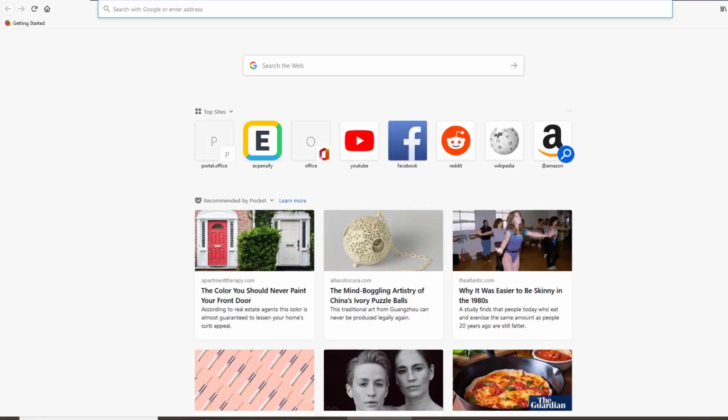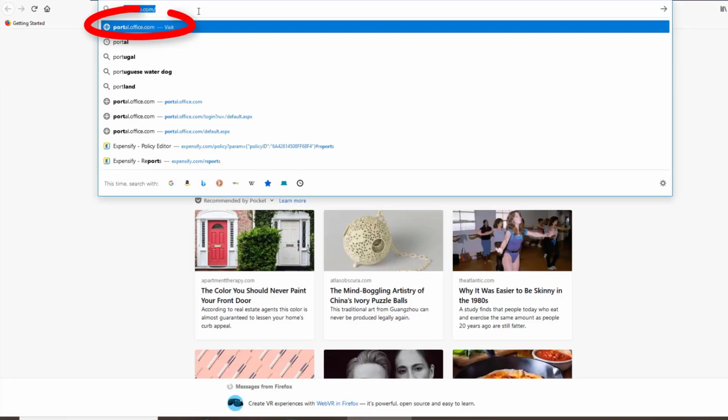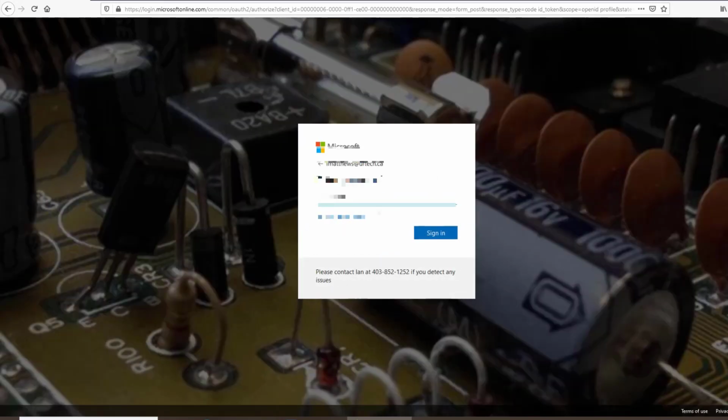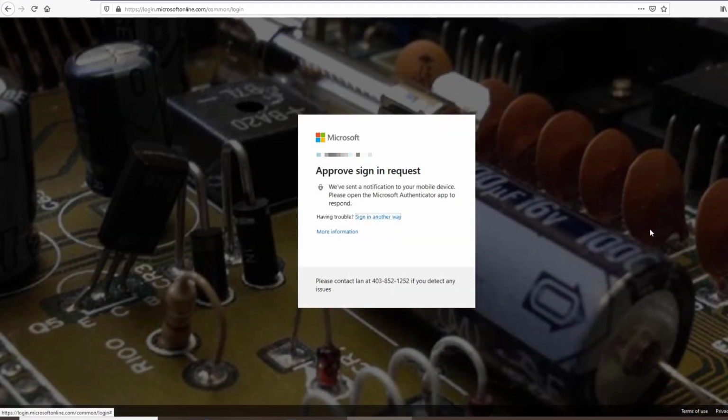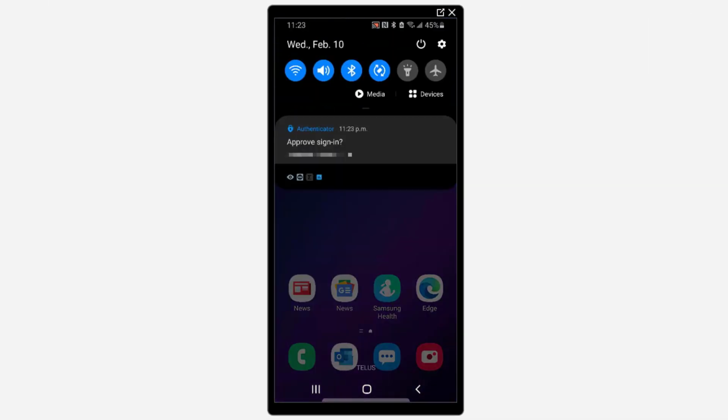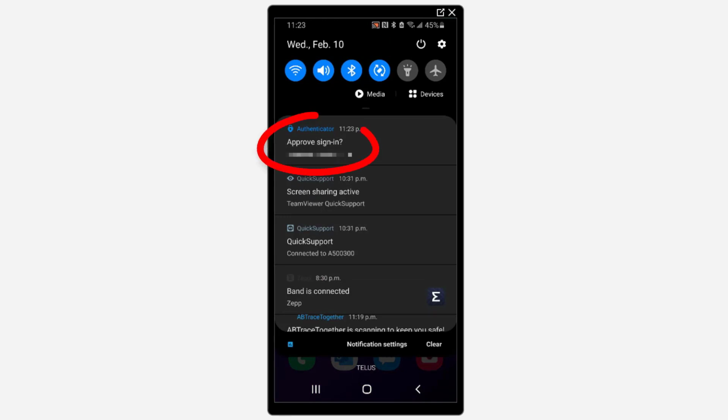So I'll use Firefox, and I'm just going to go to portal.office.com, and it's going to ask me to sign in. So I'll enter my email, I'll enter my password, and at this point, I think you heard that, I'm being prompted on my phone to verify that, yes, I'm trying to sign in. So let's go back to my phone, swipe down from the top, I'll select Approve Sign In,